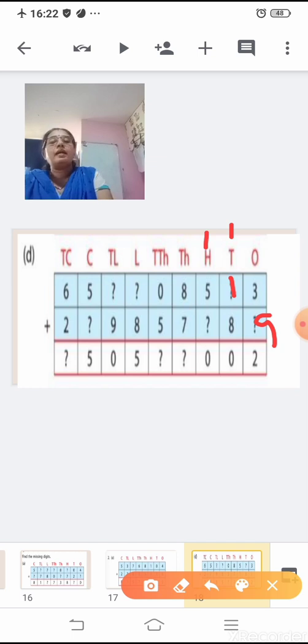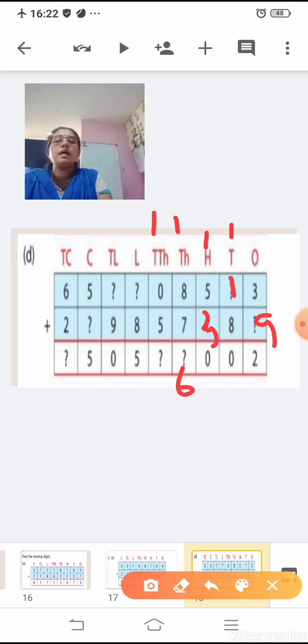Now 5, here again it is 0, which is smaller than 5. Correct? So 5 plus 1 is 6. 6 plus which number, if I write, will give me 0 in the ones place? So 6 plus 4, if I write here, it should be 10, where 1 again I'll carry to the thousands place. Now 8 plus 7 is 15. 15 plus 1 is 16, where I'll write 6 here and 1 will be carried to the 10,000s place. So go very slowly, be very careful while finding the missing digits.